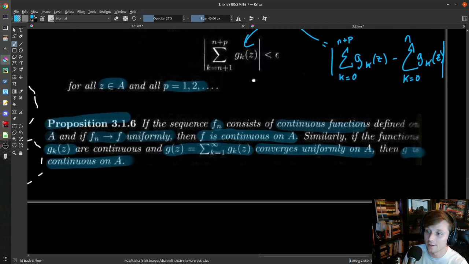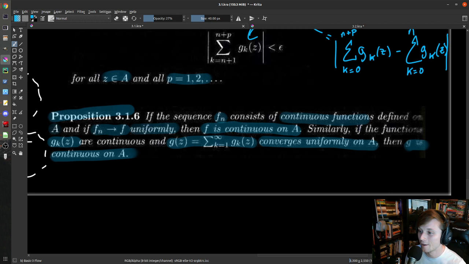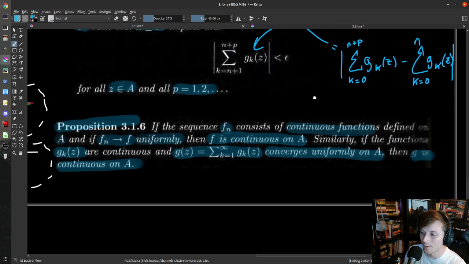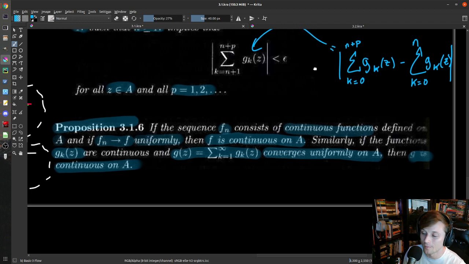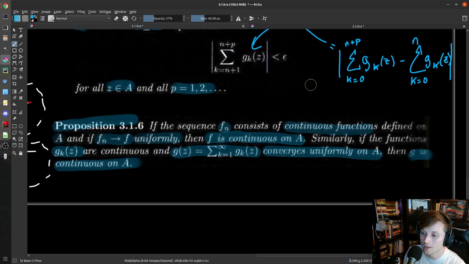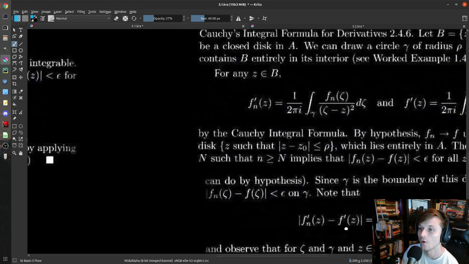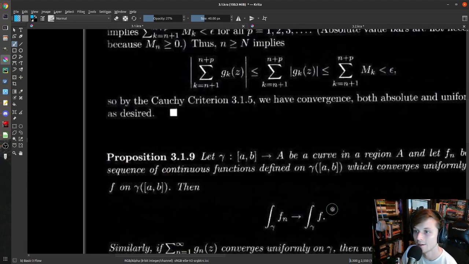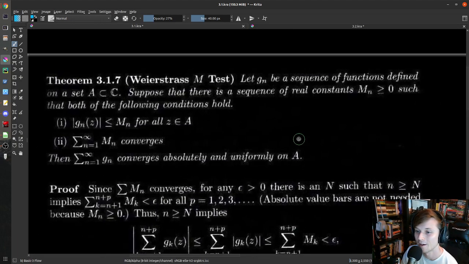So this is our first hint at why we have to care so much about uniform convergence. It preserves continuity in terms of sequences of continuous functions, and of course that carries through to give us continuity of series whose terms are continuous functions. Okay, now we're gonna keep going, and actually I'll probably end this one right here, since people have exams to finish tonight, and we're pretty close.